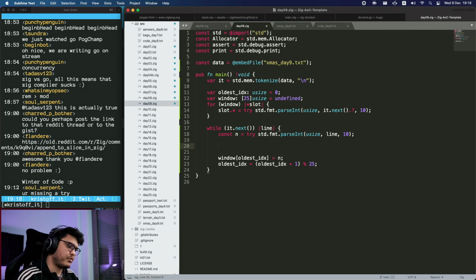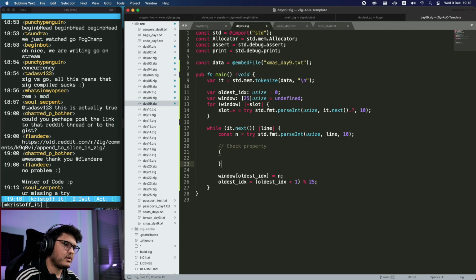Now here we need to check the property. So how do we check the property? We need to search, I guess, in the window for two numbers that add to our own thing. So what we can do, I guess, is